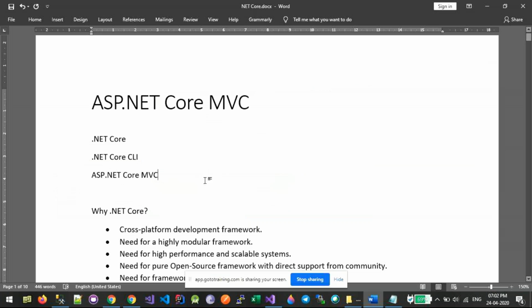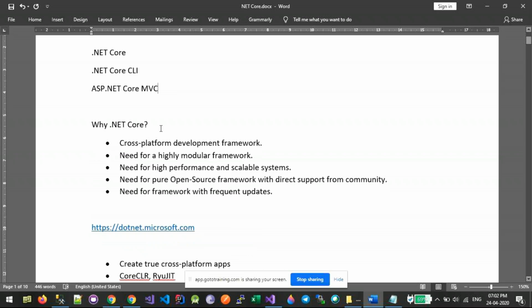Okay, great. So our agenda today is to take a look at what is .NET Core, what is .NET Core CLI, use those commands to create a small application, and then we will move to ASP.NET Core MVC to create a small web application. So why .NET Core? This is a next generation framework from Microsoft itself to allow truly cross-platform development and allow us to create .NET applications and host them on not only Windows but Linux and other non-Windows environments themselves.